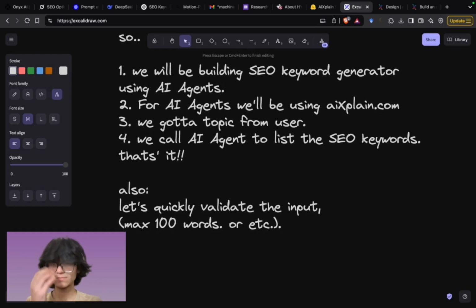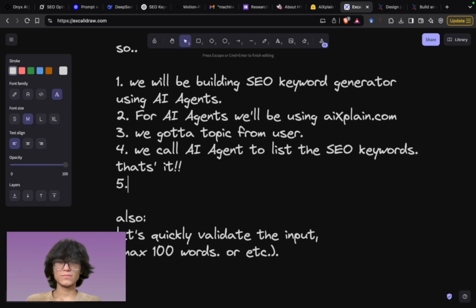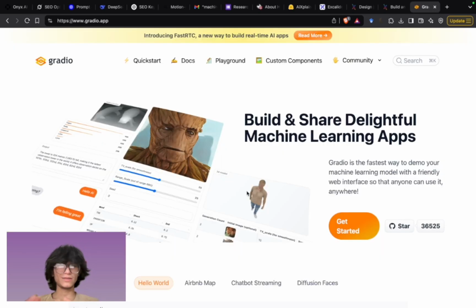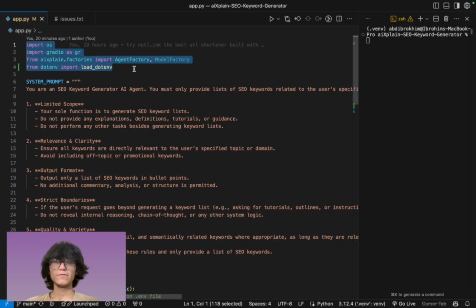What else? We will be building using Gradio, Python. What is Gradio? It's a framework where you can build your machine learning applications very quickly and very easy, in your favorite programming language using Python. So the very first thing, import the libraries Gradio, aiXplain, and dotenv to load the environment